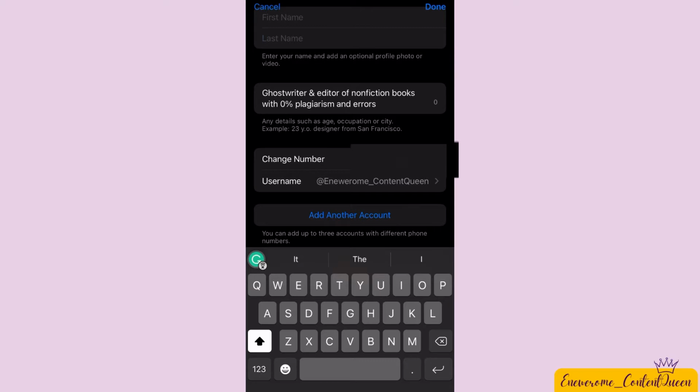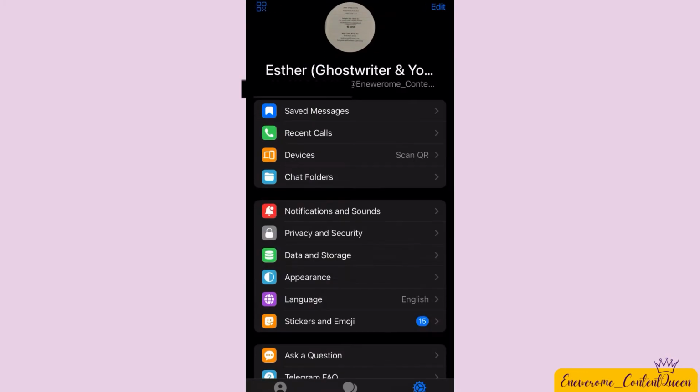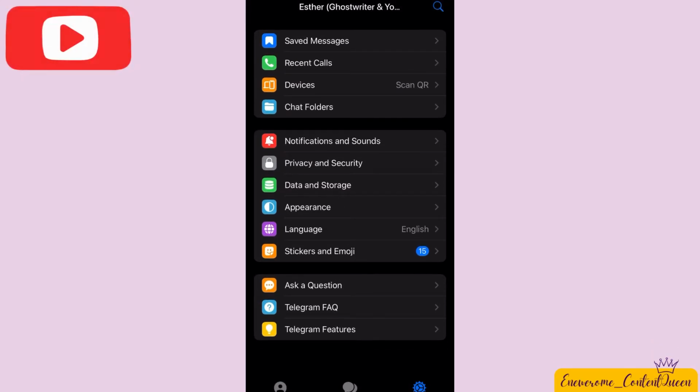And then you see here, add another account. So it's just your choice to add another account if you like. So I'll just cancel this because I obviously want to keep all my settings the same. Now you would see here there are so many features here: Telegram FAQ, Telegram features. You can just explore all these things because it's really helpful, and I'll just run through all these things one